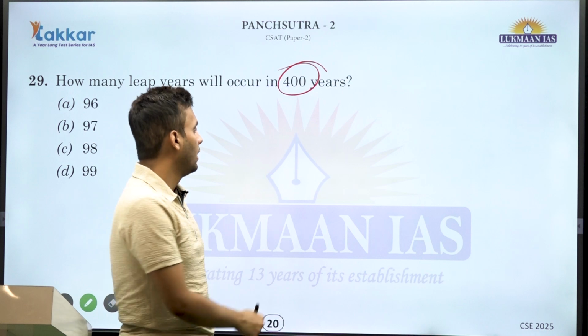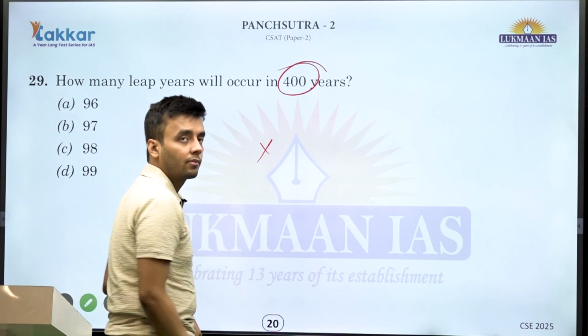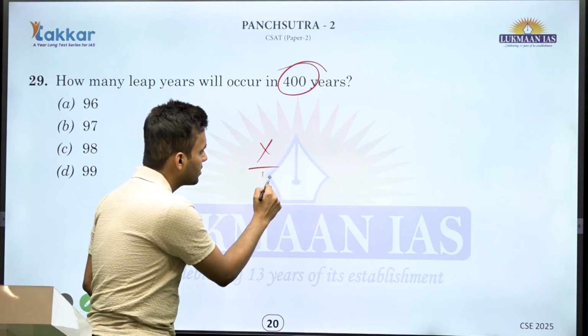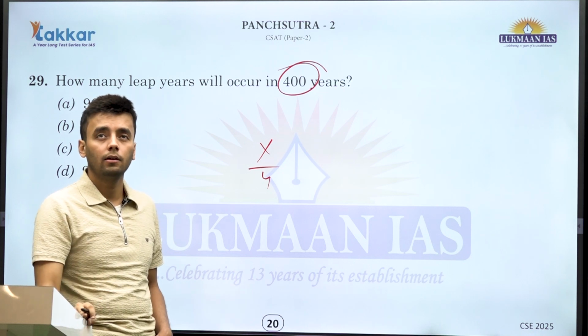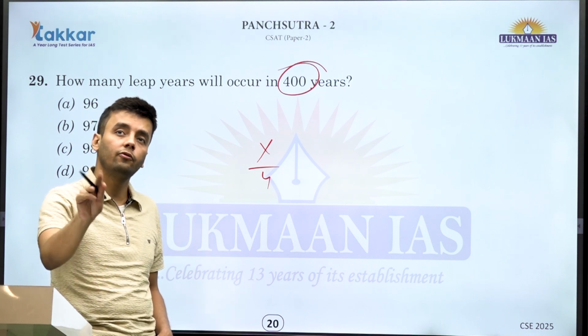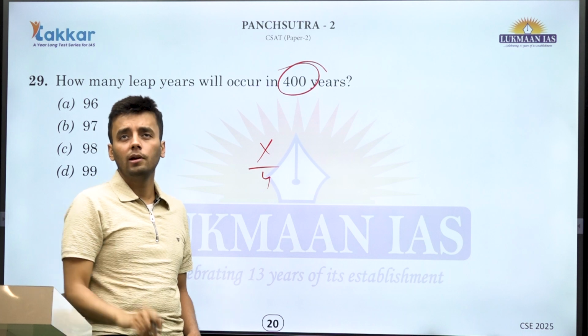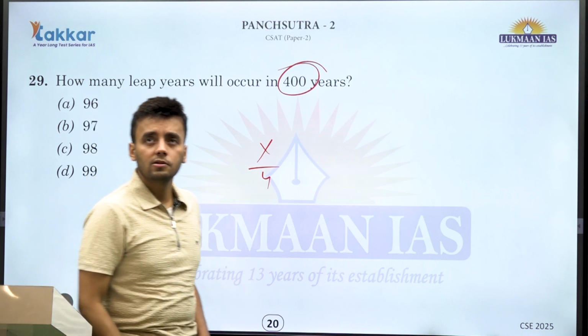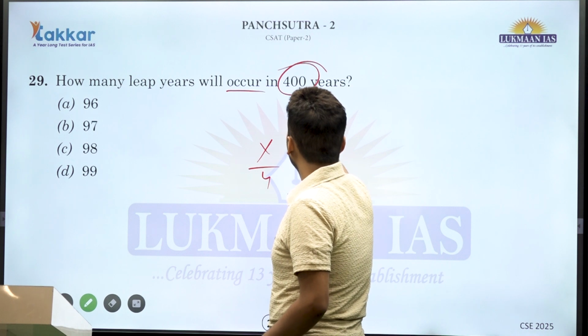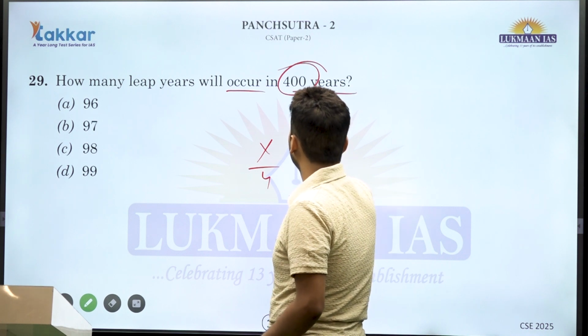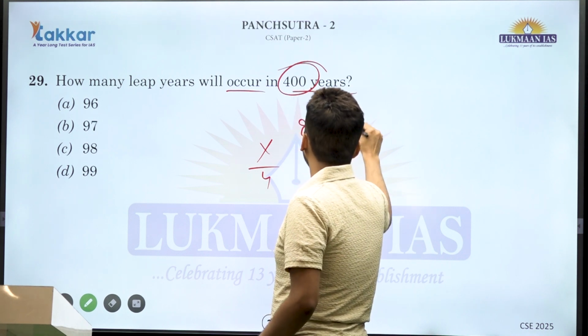What I mean is, there is a year X. If it is divisible by 4, meaning the remainder is 0, but not by 100, unless it is also divisible by 400, then it will be a leap year. Based on this information, we can solve this question. How many leap years will occur in 400 years? So in 400 years,